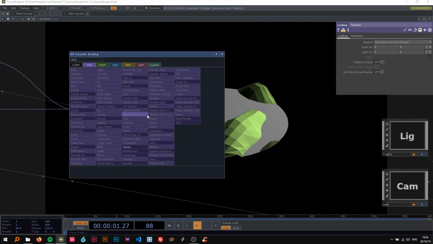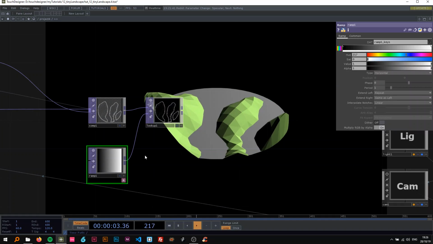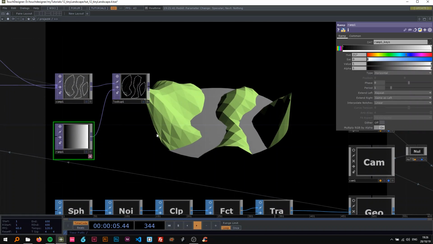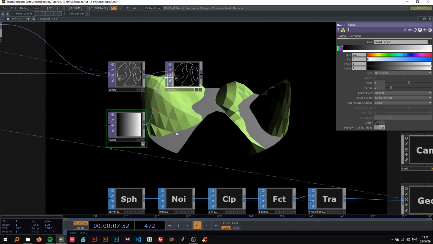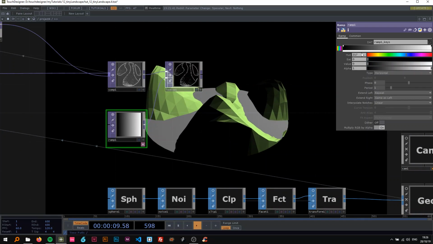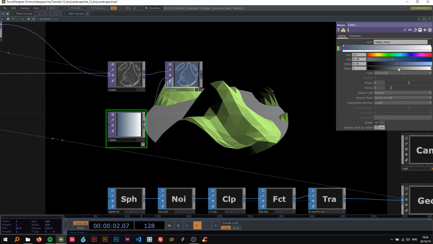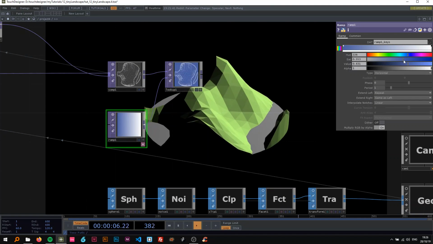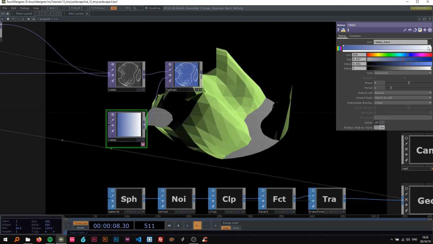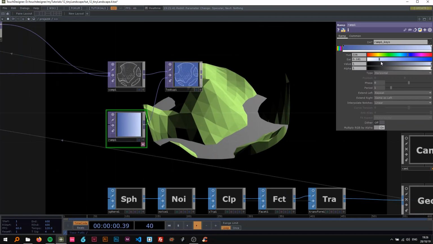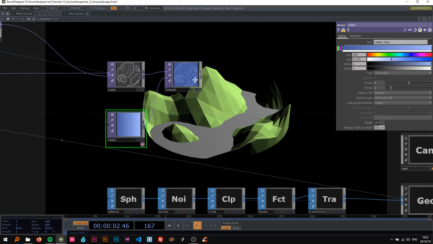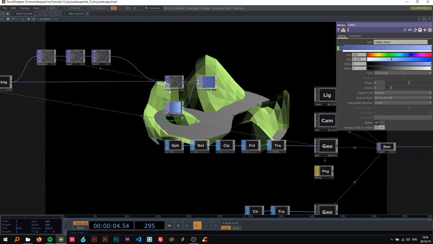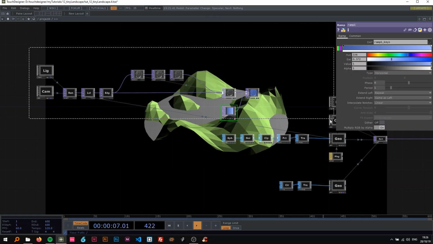I'm gonna use a lookup here to change the colors, because we're gonna use this as the material for the circle. So I want this to be blue, like water, and I'm gonna use a darker blue for the black part, like the black lookup part. So something like this, and a light blue for the waves. Could also be the other way around. You can just try what feels best for you,